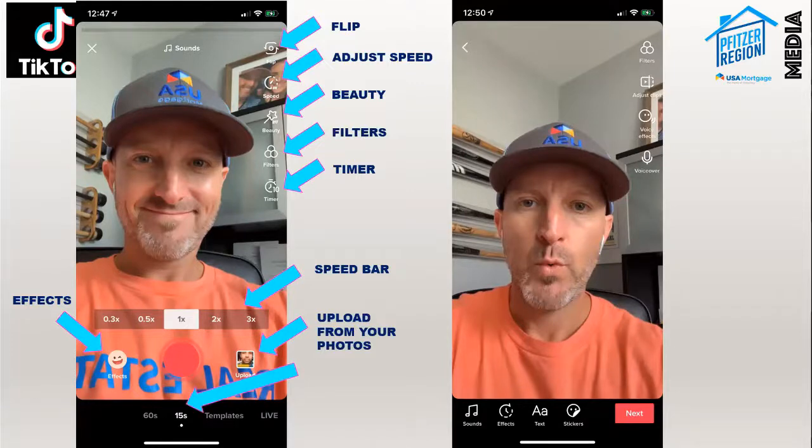And then down here at the bottom, this is where you choose your times. TikTok is built around 15-second content. You can go as low as like 5 seconds, and you can go up to 60 seconds. I can tell you from experience, I've created a lot of videos where I was like, damn it, I needed like 20 seconds, and then I'm cut off. So I've gotten in the habit of usually choosing 60 seconds, and then if the video's 15 seconds, so be it. It doesn't matter. It's just a button there that you want to be cognizant of, and use it when you feel like it'll be a little bit longer video.